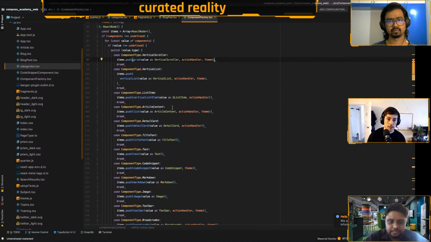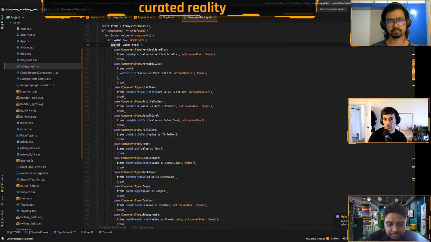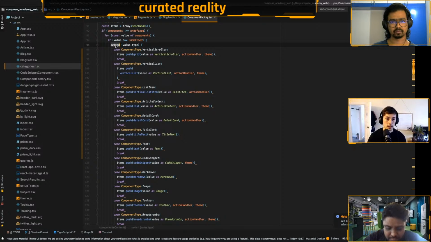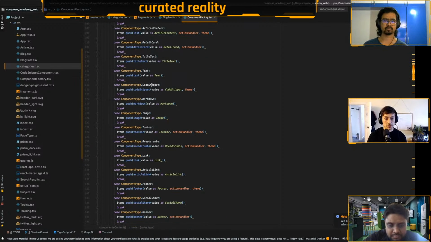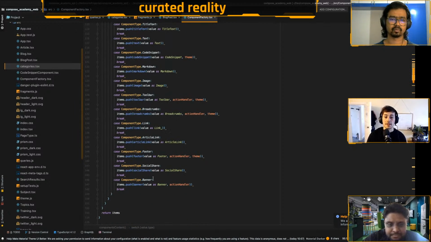It's basically just like a switch statement or an if statement that loops through each of those types and then renders a component based on that type. Nothing magical going on here, nothing fancy. It's just essentially looping through the components. So for example's sake, when we get to the banner, if there's a type of banner in the component list from the API, we push